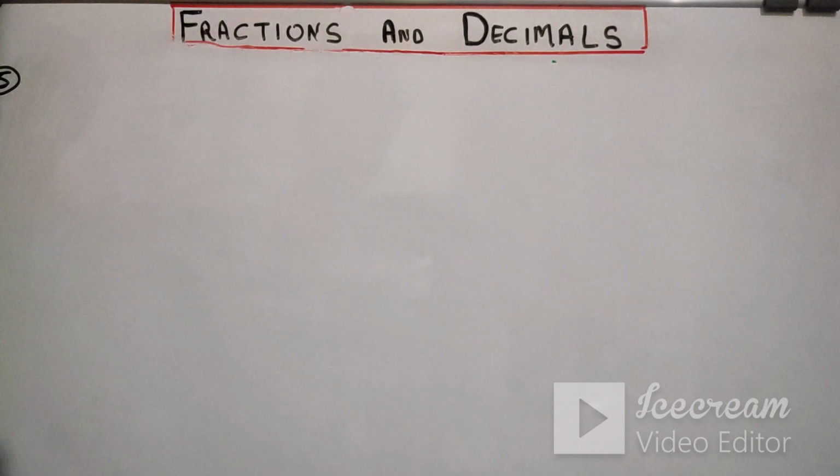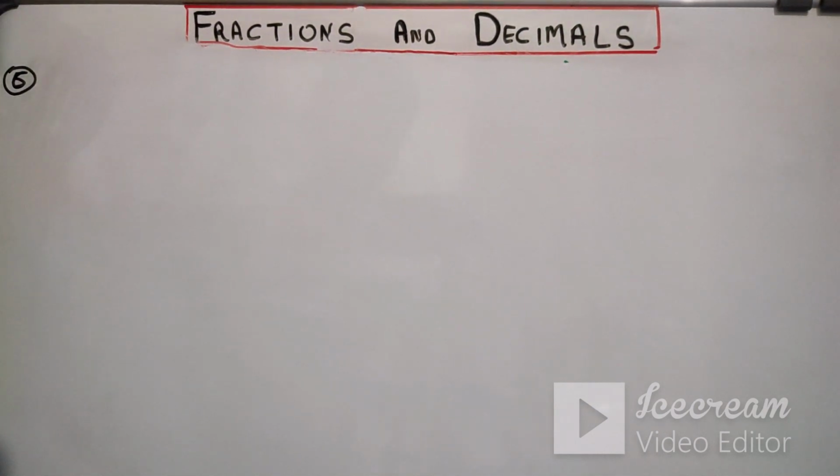So the next question that we are going to do is question number 6. Okay, what's the question saying? Please, I'm not writing the question because it will cover the content in the board. So please keep your book in front of you right now. So the question says that Sahil wants to put a picture in a frame, okay, and the picture measurement is given, and it is saying that if he wanted to frame the picture, it shouldn't be more than the given measurement.